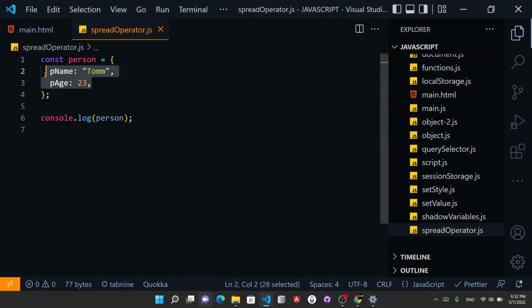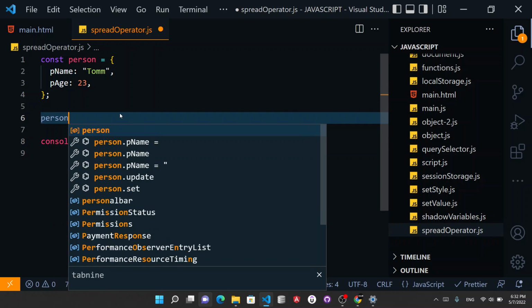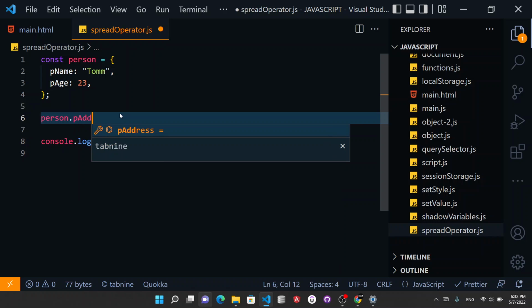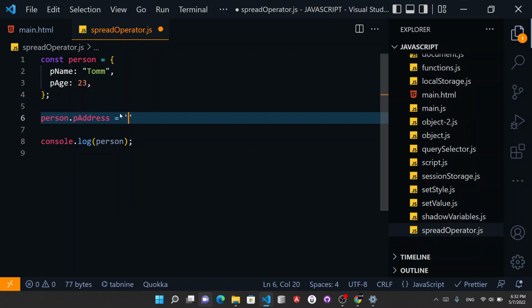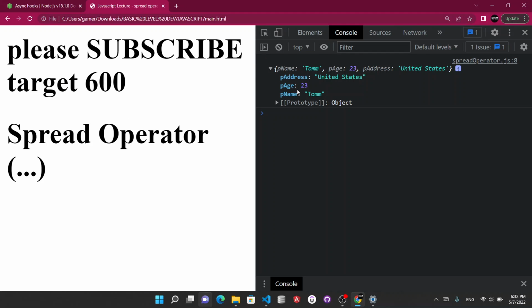Now if you want to add some more properties to it, you can use person.paddress is equal to, and you can output some new address like United States. Hit save, and if you reload, you get one more property. Okay,